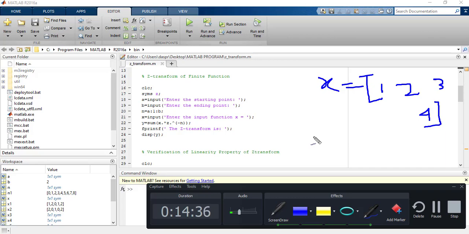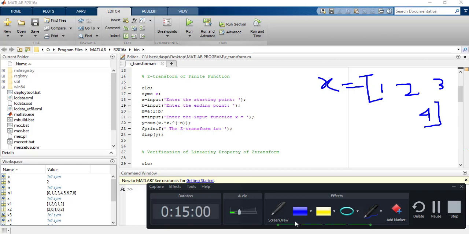Now in this case you cannot use the ztrans command. You have to perform the z transform using the definition of the z transform. That means you have to understand how you can make your program so that MATLAB will give you the result of the z transform.